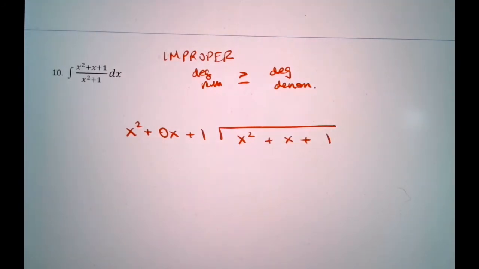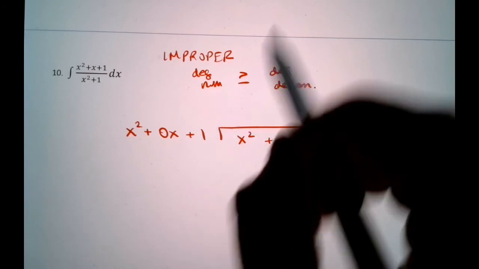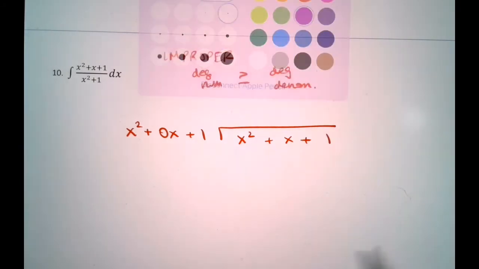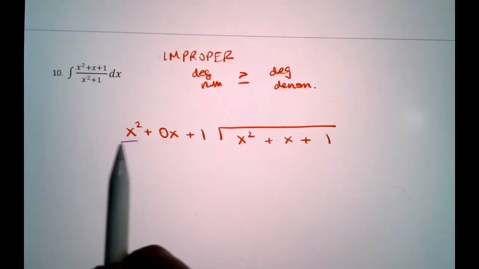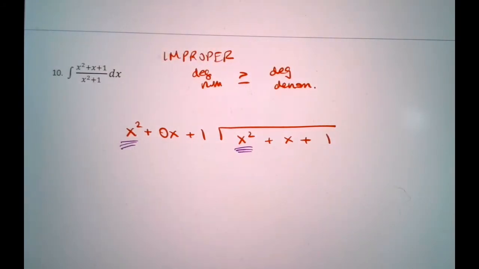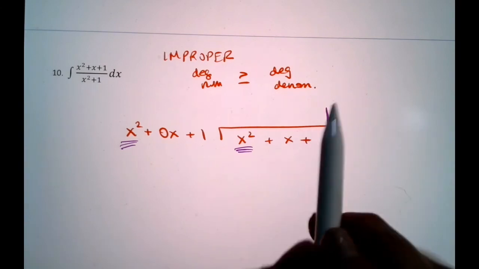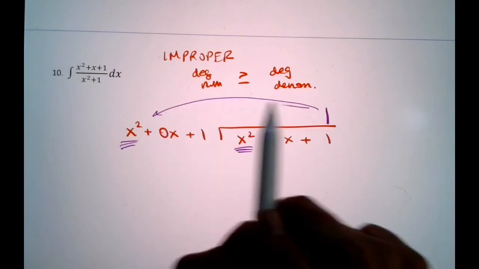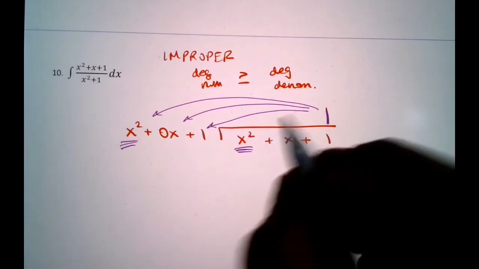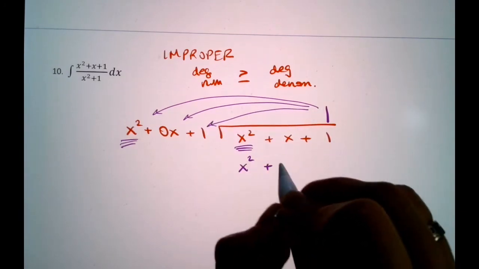So to run through this long division again, because it's been a while for a lot of you, you want to multiply x squared by something to get exactly x squared. Well, it's just a 1. You don't need to do anything fancy. I'm just going to put a 1 up here. And once I decided that, that 1 distributes to each one of those puzzle pieces, right? So I get x squared, I get 0x, I get a plus 1,